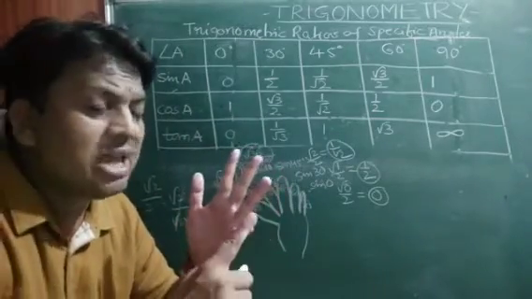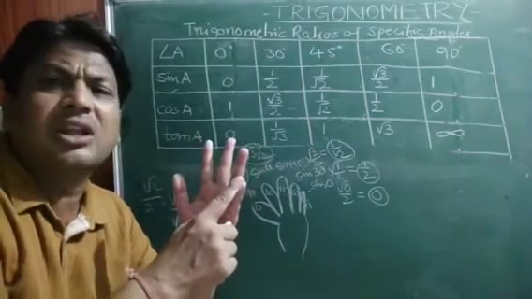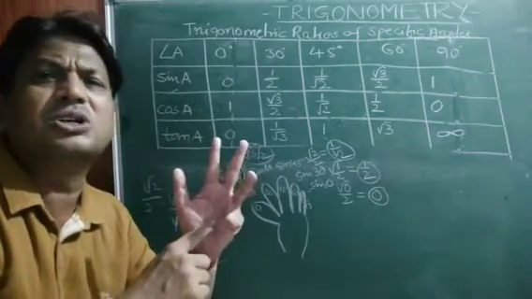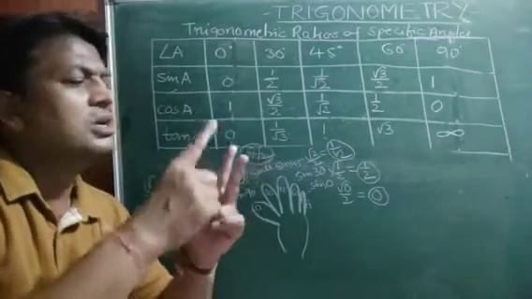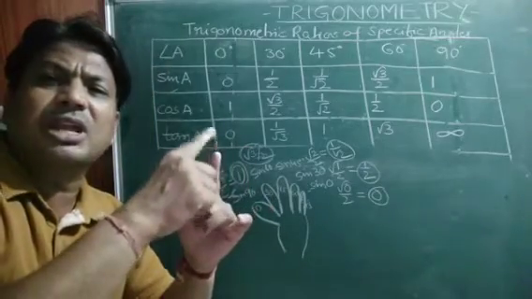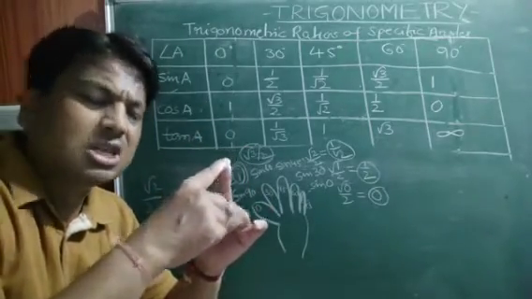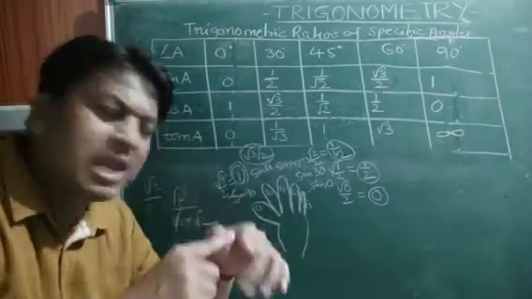This is where you get the root 0: number of fingers minus 1. One finger, 1 minus 1, 0, so root 0 by 2. Second finger, 2 minus 1, that is root 1 by 2. Third finger, 3 minus 1, 2, so root 2 by 2. Fourth finger, 4 minus 1, root 3 by 2. Fifth finger, 5 minus 1, 4, so root 4 by 2 children.